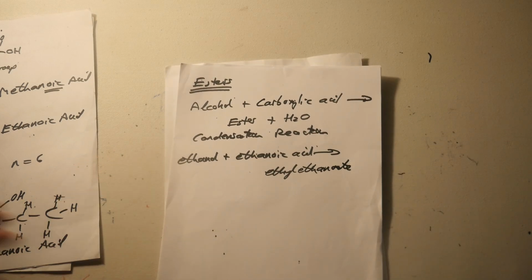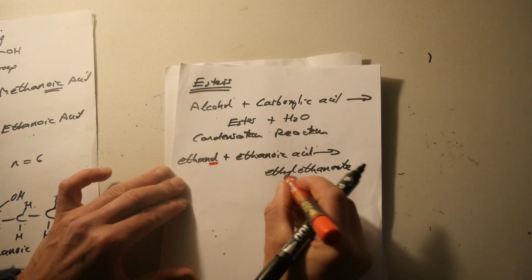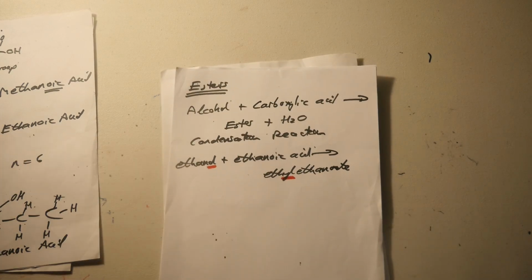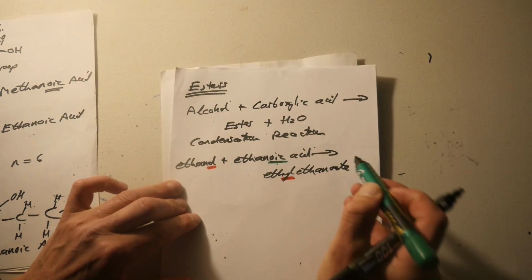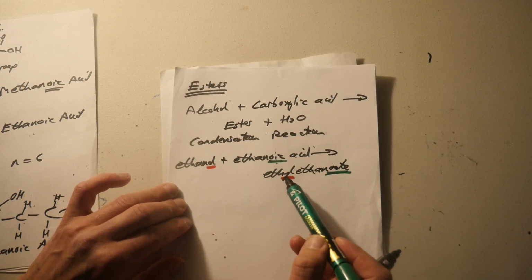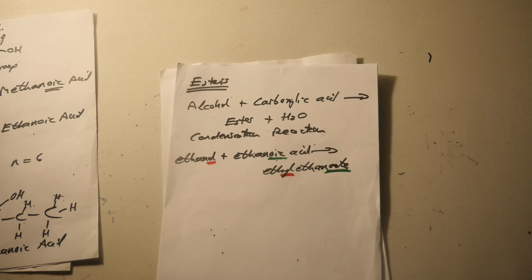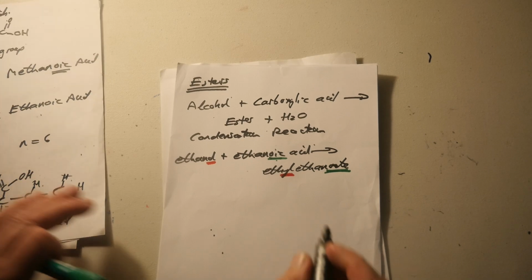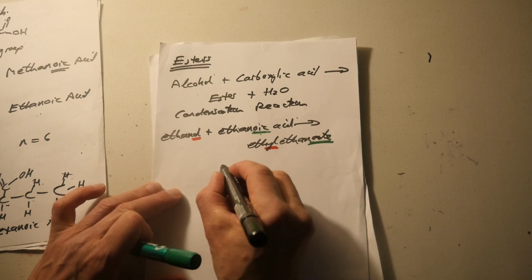Okay, so the alcohol part gets renamed "-yl", and the acid part, the OH part, gets renamed "-oate". So the alcohol becomes "-yl" and the acid part becomes "-oate". When you get these joined together, you basically get,